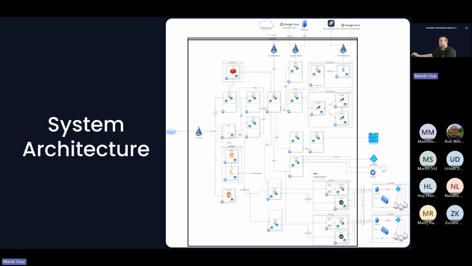Okay, so let's talk a little bit about the Excalibur architecture. Currently, we are looking under the hood of the platform itself, and I'm going to zoom in a little bit to show you more details about the technology itself.